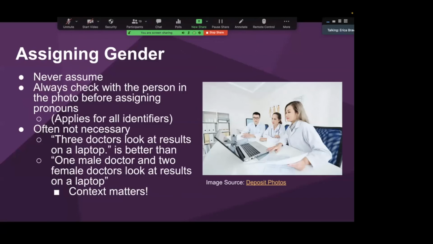Same thing applies: context, and then how would that person identify their own race or ethnicity? And to add, sometimes you might be using a stock image or something. A lot of times the image description on sites like Pexels will carry descriptors that come from the person who took the photo. So if you're looking at a stock image and you're not sure, like, well, I've never met this person, how should I